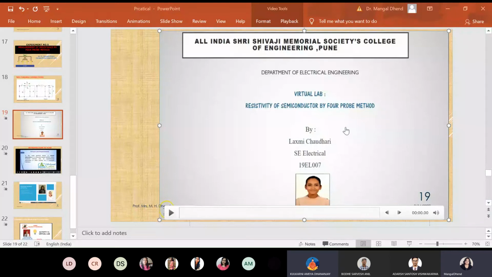Ma'am, I am not using my laptop, so the virtual lab is not opening. On mobile, it's not opening. Okay. Students, can anybody share the screen? Observation table.